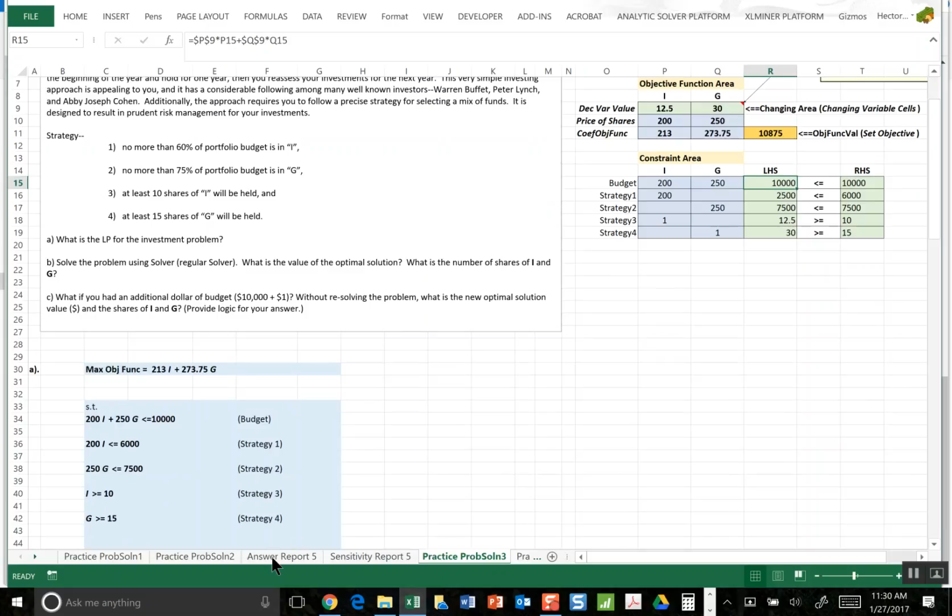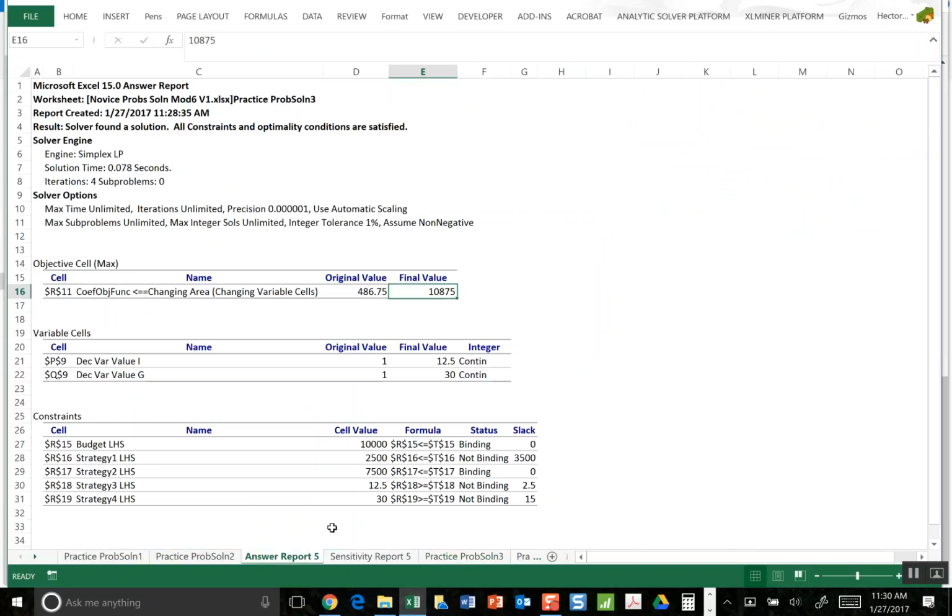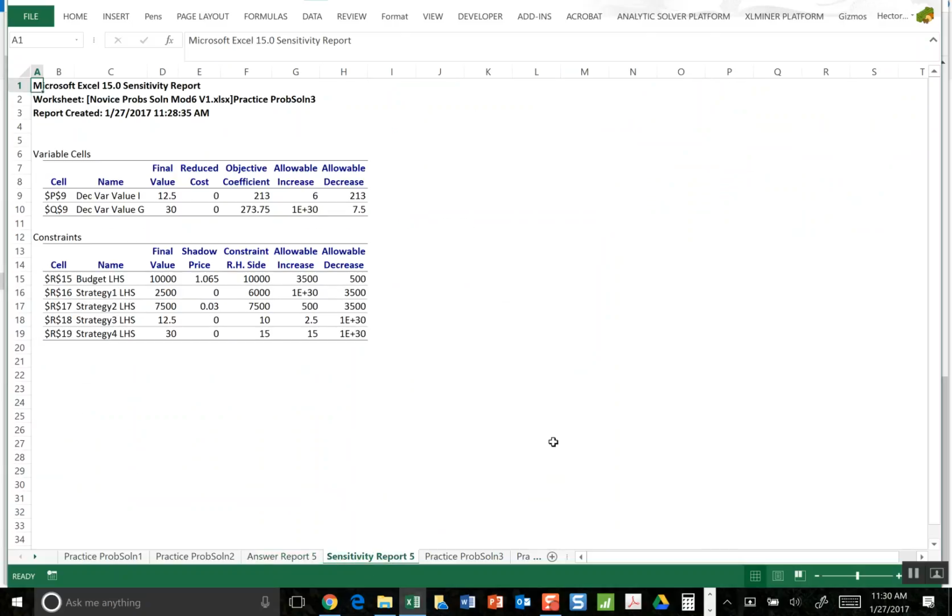Well, if we look at the sensitivity report, we see that there is a shadow price associated with the value of the budget constraint. In other words, since we've used up all our budget, if we had one more unit of the right-hand side, 10,001, that would return